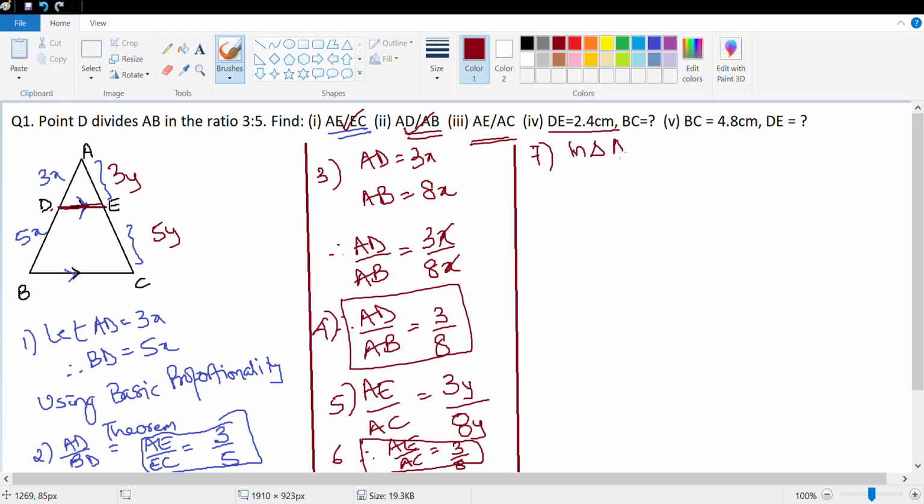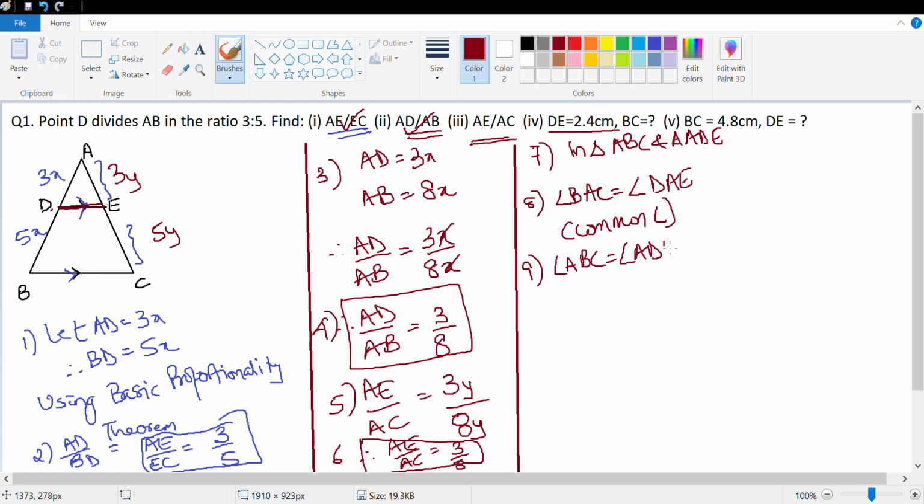In triangle ABC and triangle ADE, number 8 would be angle BAC is equal to angle DAE, common angle, and number 9 would be angle ABC is equal to angle ADE. Reason is corresponding angle, which means triangle ABC is similar to triangle ADE. AA test,